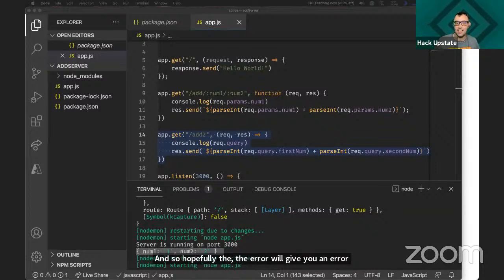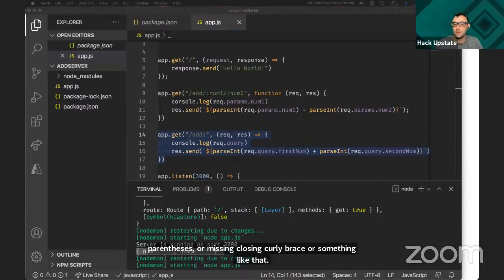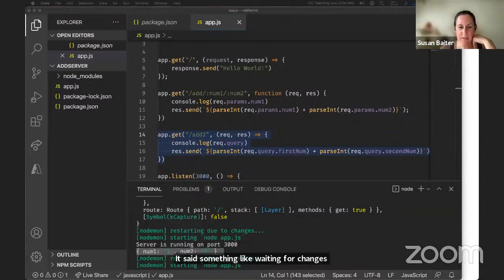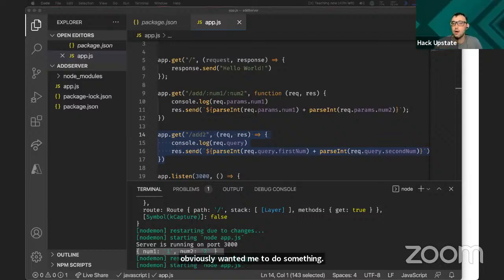Susan, I'm guessing it said like unexpected parenthesis or missing closing curly brace or something like that. It said something like waiting for changes, like it obviously wanted me to do something. Did it have a message above the waiting for changes?